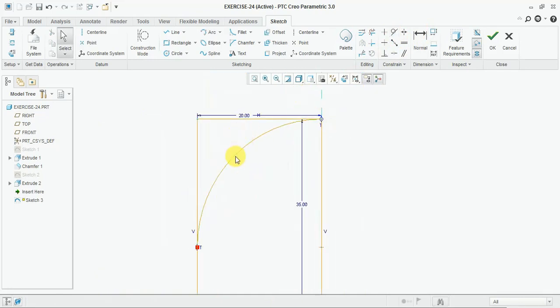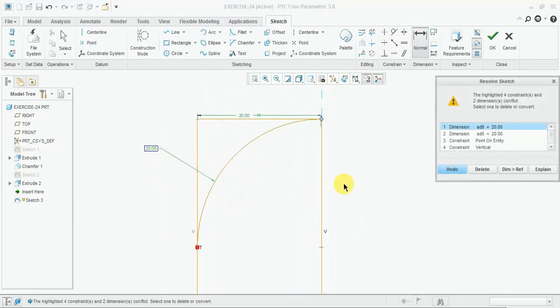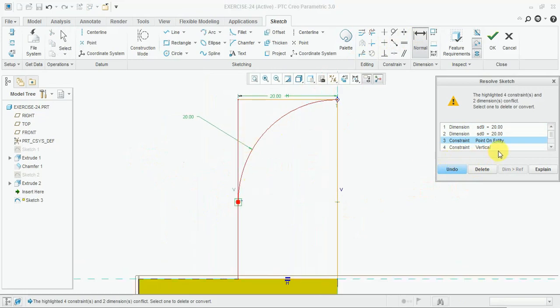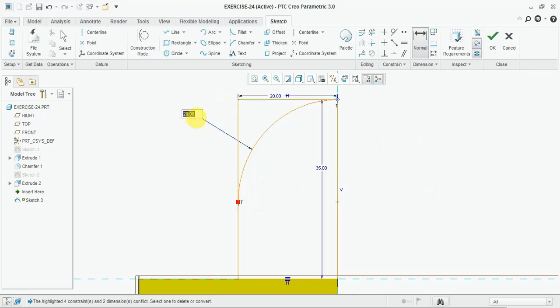Now give the dimension 20 mm. So point vertical, point is deleted. Enter 25 mm.